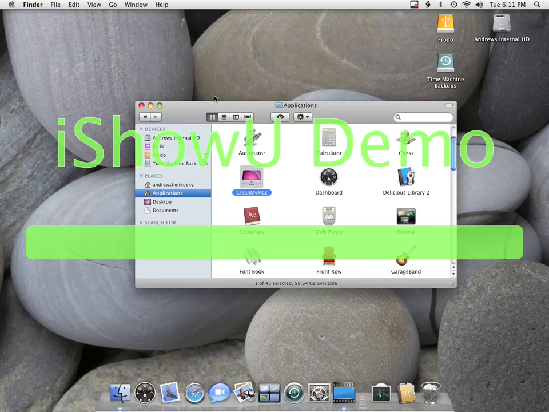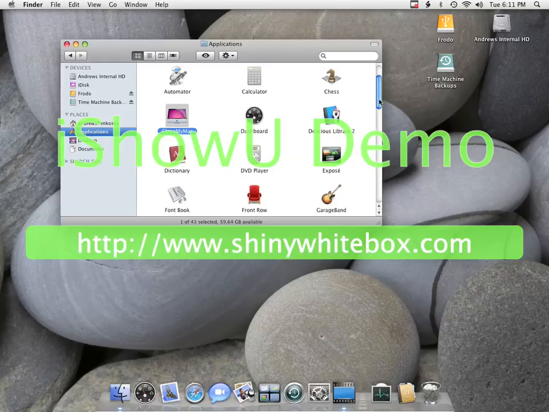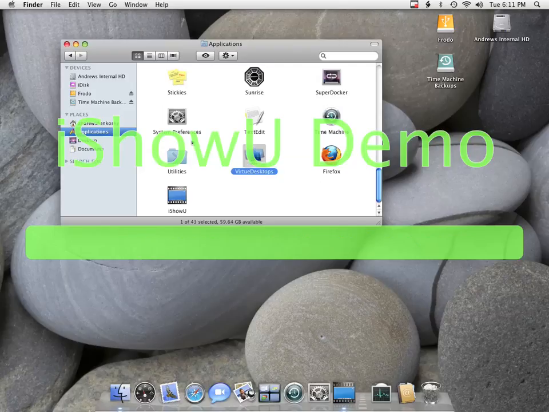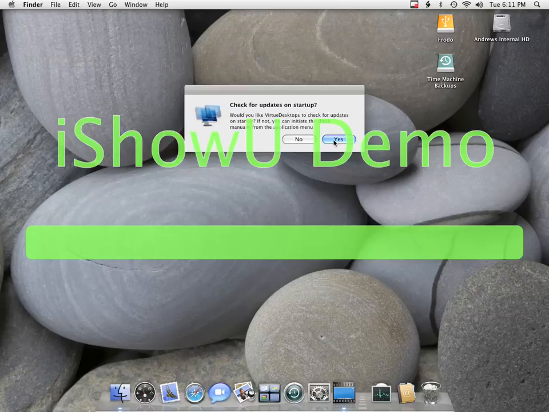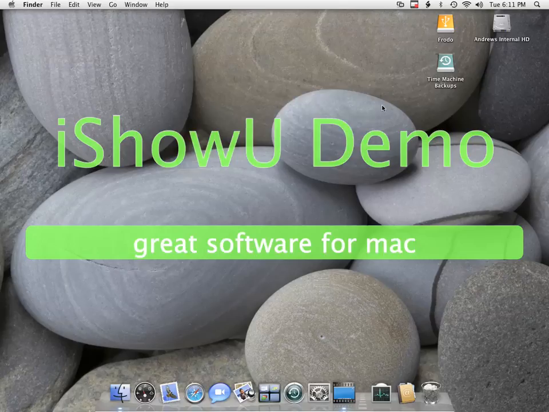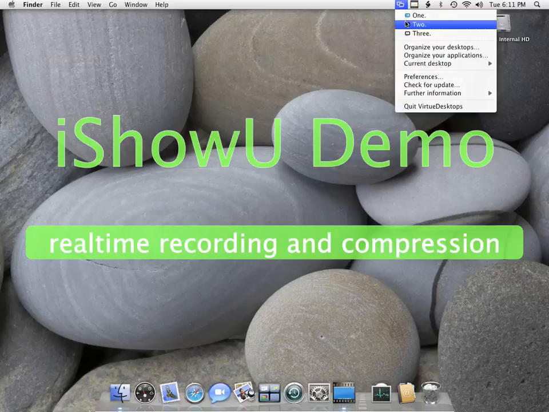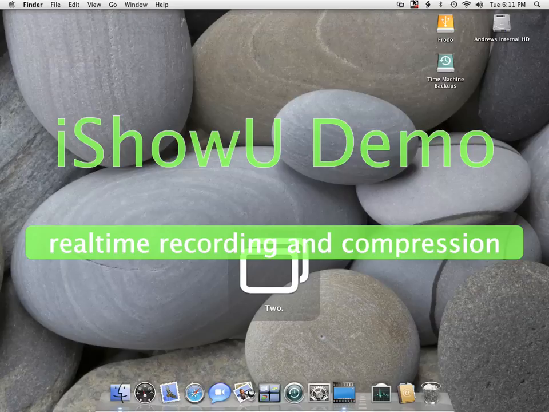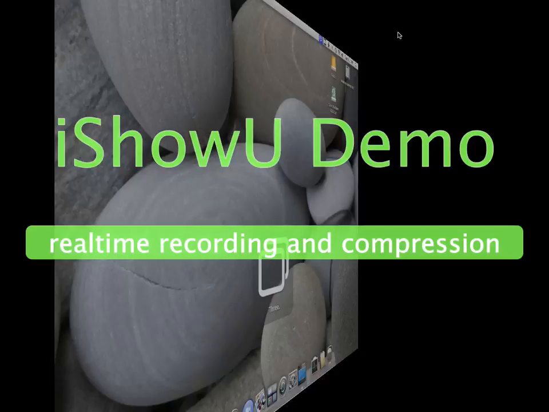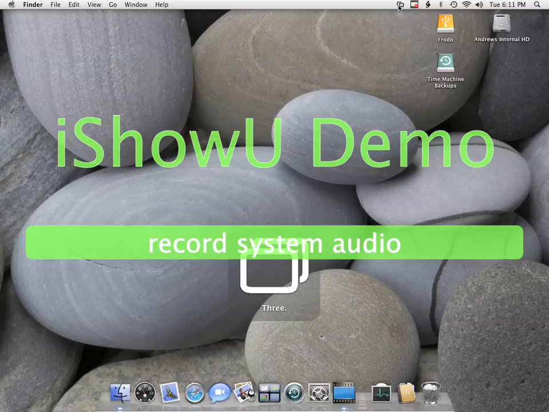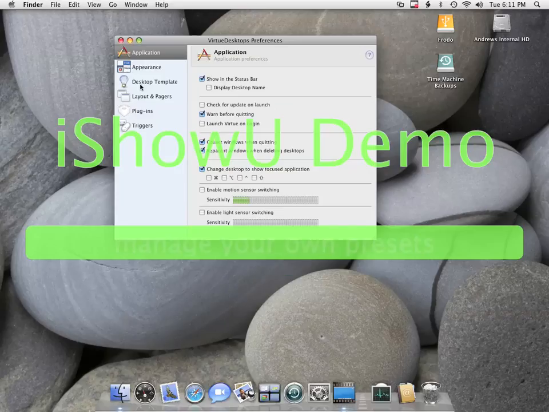Next app would have to be Virtue Desktops. What this program does is it also runs invisibly. It just runs up here in your taskbar, and you can switch in between workspaces instead of having to have dual monitors if you're working on more than one project at once. So right now I'm in window 1, and I can change to window 2 and window 3, and I believe you can add more windows, and you can go into your preferences and change how the transitions are when you switch between